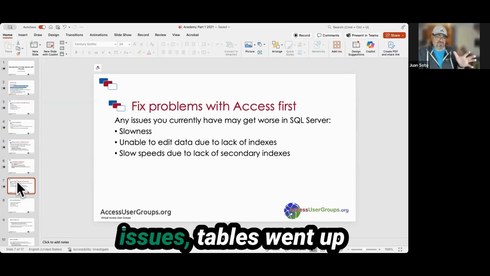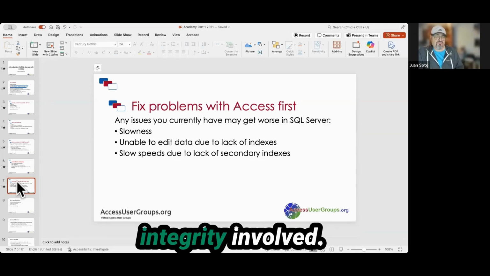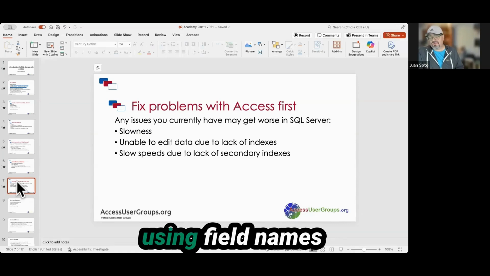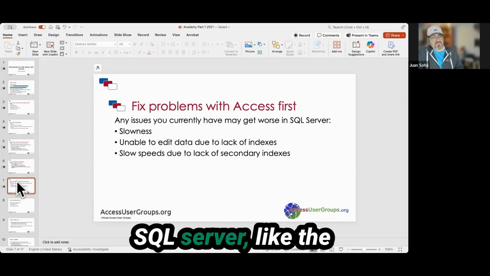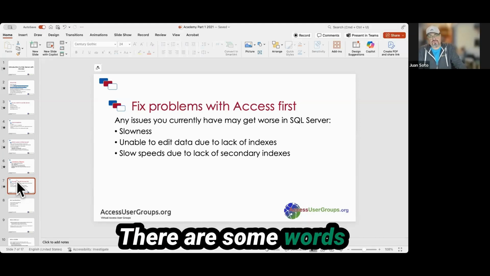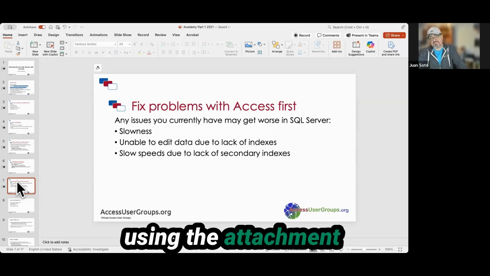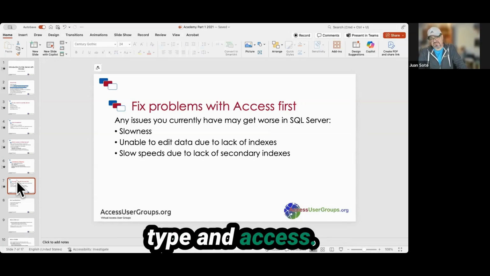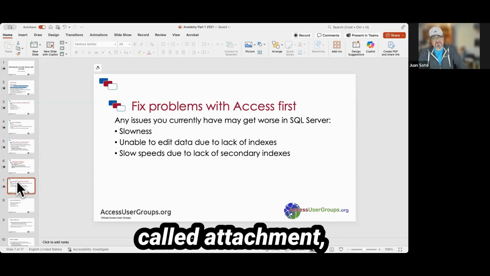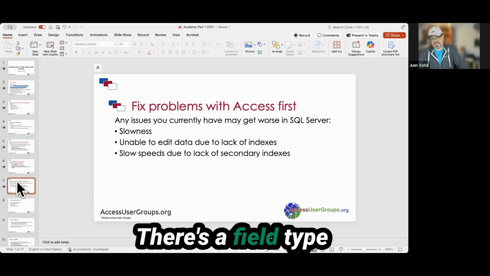If you have design issues, tables without indexes, no relational integrity involved, using field names that are banned in SQL Server, like the word date or field. There are some words that you cannot have as field names. Using the attachment type in Access, there's a data type in Access called attachment, and there's a field type called multi-value.